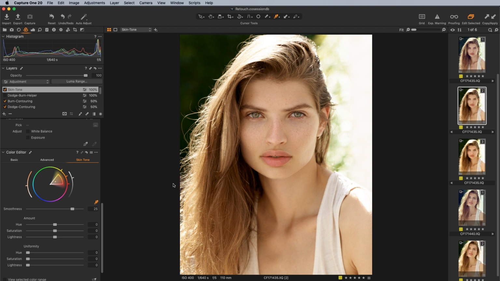And then what it'll do is try and make the rest of the skin uniform to that particular tone. You can do that using this hue slider. And you can see as you go about this, it does even it out quite a bit. And you don't want to go crazy with it because then things just start to look a little unnatural and almost too uniform. One other thing that you can do, and we should probably do this on this image, or I can just tell you about it,